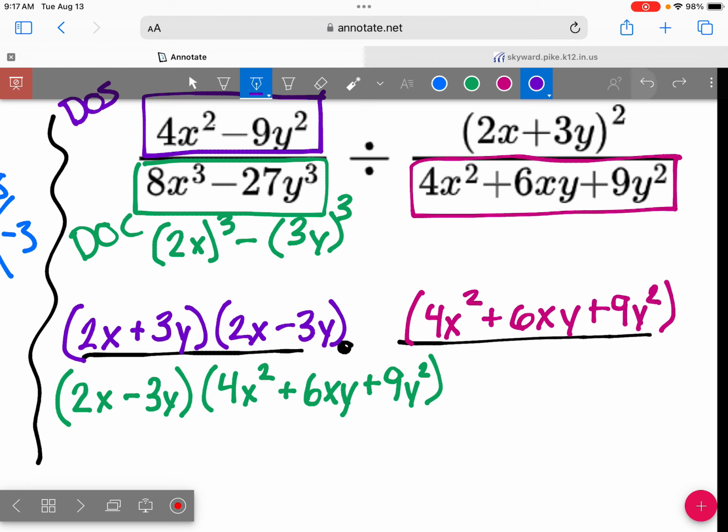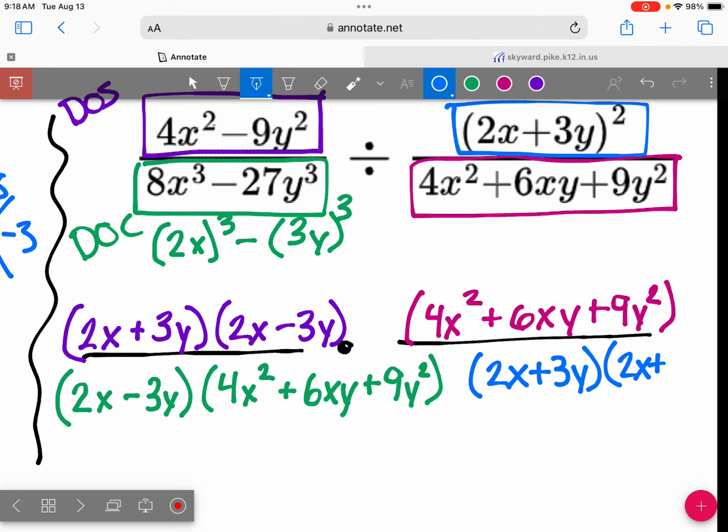Just be careful. All right, so we're going to take our numerator up here and put it as our denominator, where we have our 2x plus 3y, and you can either put it as squared or you can write them out. Plus 3y. I like to write them out because it's easier for the simplification. We could try and factor the grossness that is pink, but it is familiar. It also won't factor, so like,